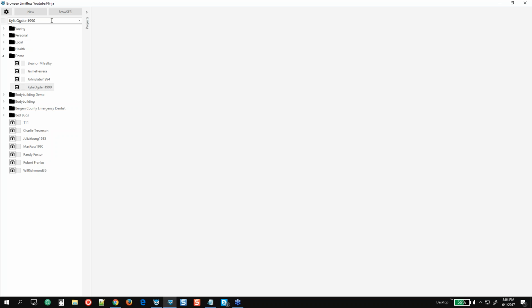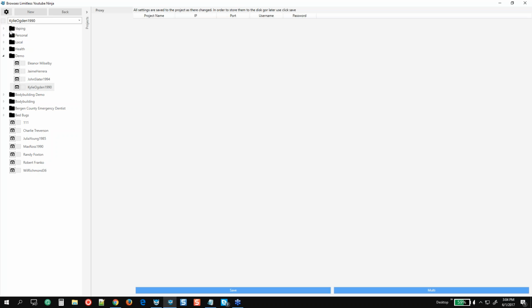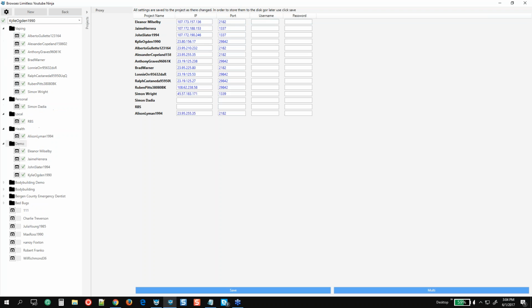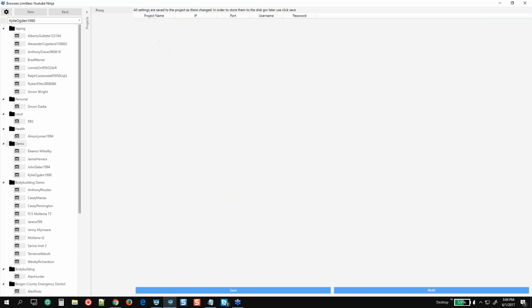Those are the new changes. The actual settings menu is going to be a completely different beast. Like here we have settings. When changing proxies, it's going to be a totally new ball game. So if we want to, let's say, change all of the proxies in this project, we type in select all, and then they all come here. And then you can go ahead and add your proxies in there. You want to do all of them, you can literally do select all in that way. I would suggest not doing it that way, but as you can see how much smoother and sweeter and faster this platform is.